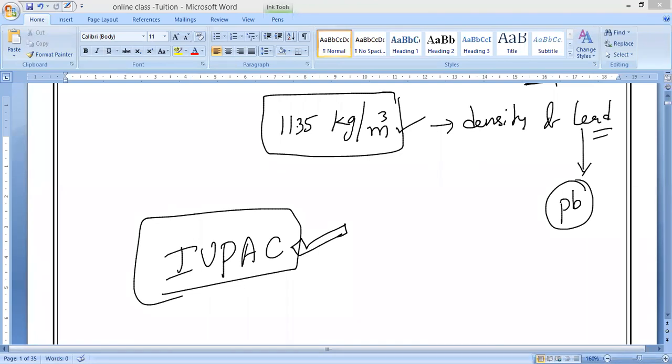And the main important thing, see, lead is usually very harmful to our body. If you consume lead and mercury, they will lead to death. But we have a big application of lead. Remember, because of its high density, it will stop the dangerous radiations from radioactive materials.